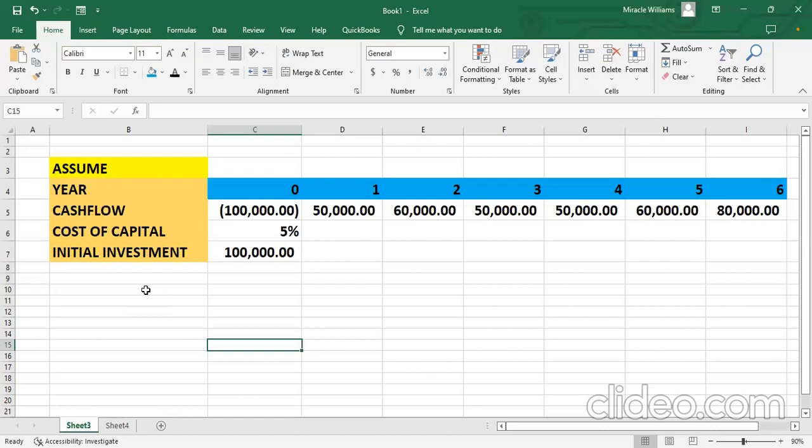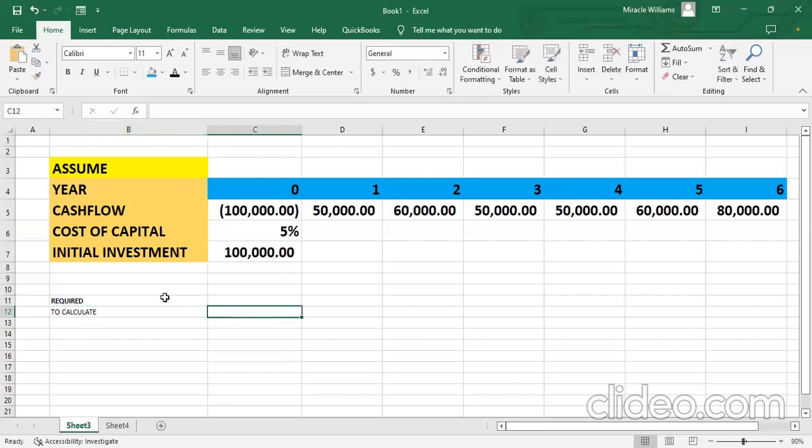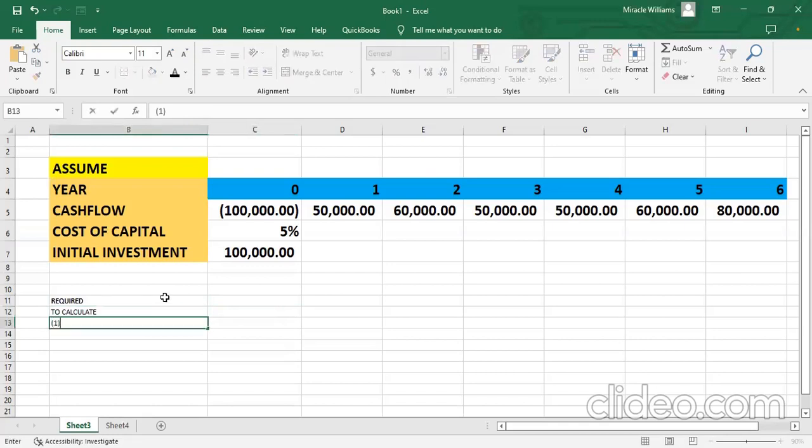So right here, we have a problem, and we have to solve this using Excel. For the methods, we'll be looking at our NPV. We are required to calculate our NPV. And I'm sure you know what the NPV is, because the NPV is just an acronym that stands for